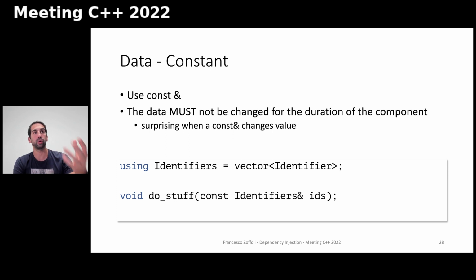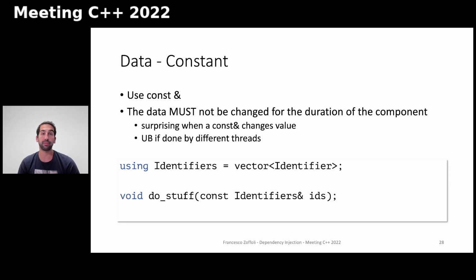So for example, you access the IDs in the code here, and then you do an operation, and then you modify the IDs again, and now the IDs are different. This is typically surprising. And the second reason is that actually it's undefined behavior if it's done by different threads. So the only way to do it safely would be through some kind of loops in callbacks,